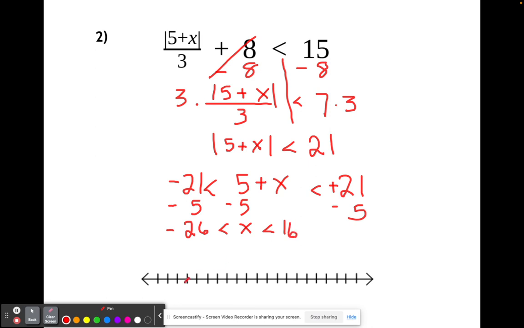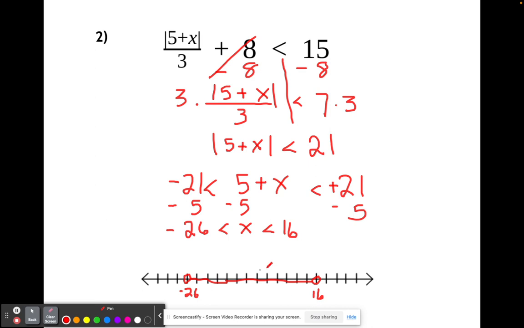So all of my numbers between negative 26, I'm going to put that here. Let's see if I can count by twos. 24, 22, 20, 18, 16, 14, 12, 10, 8, 6, 4, 2, 0. I don't think I can make it. I'm just going to put it somewhere here. I put my 16 here. But anything between negative 26 and 16 should be